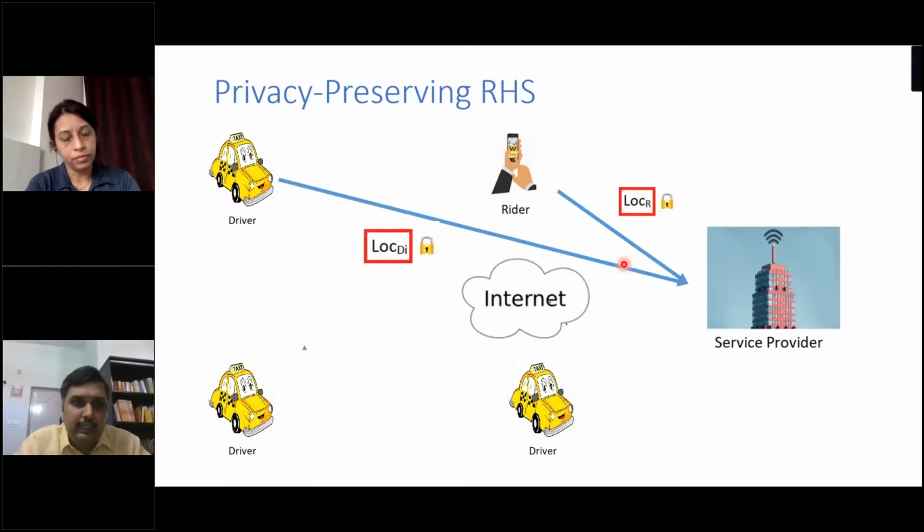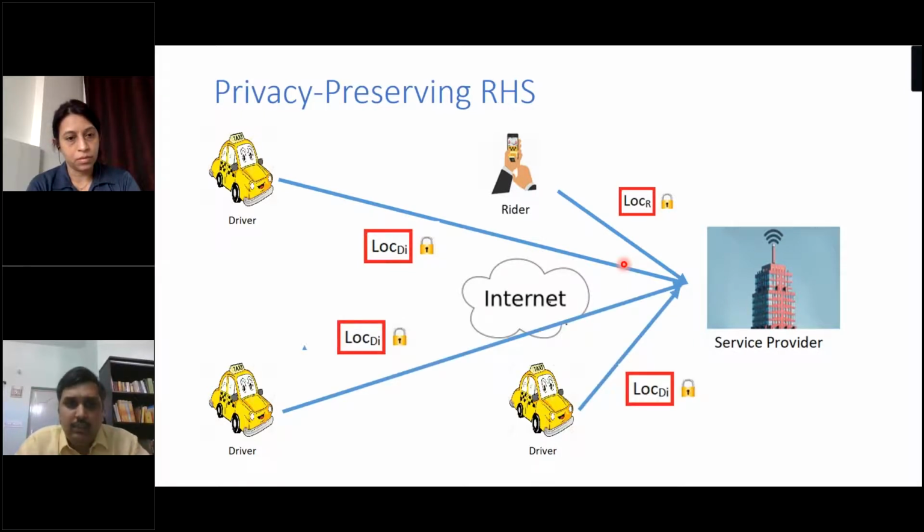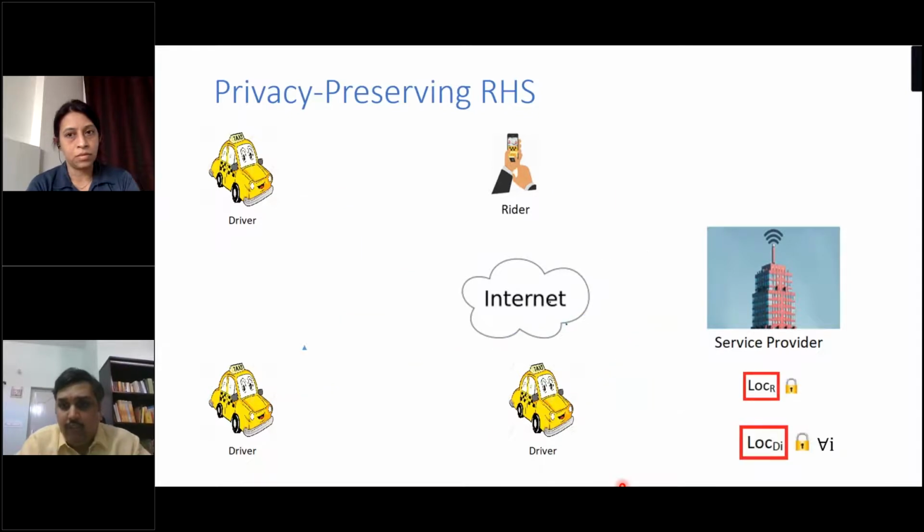And then each driver will send his or her locations. That's why I say D subscript i. For instance, this could be i equal to 1, i equal to 2, i equal to 3. They'll send it, and of course the service provider, while at rest, would also store